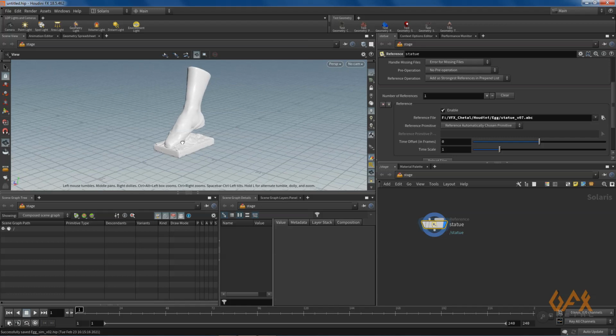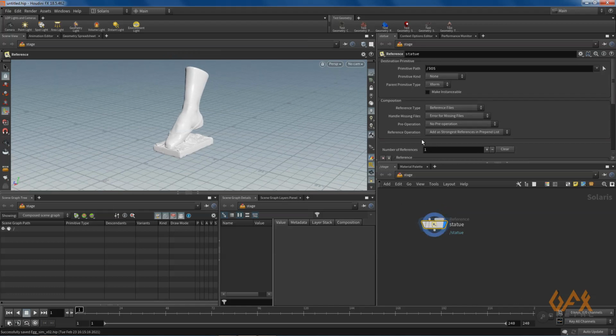Okay, so this is my statue. I select this primitive path and set it to /geo.